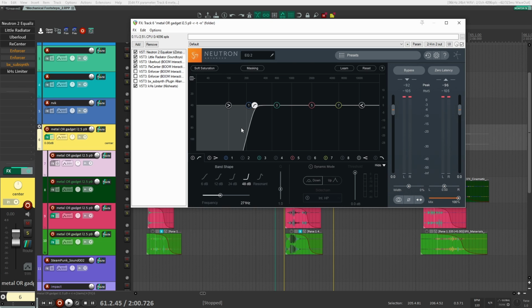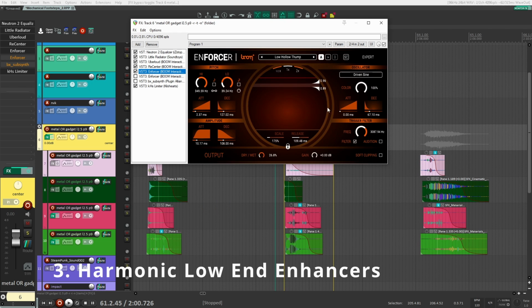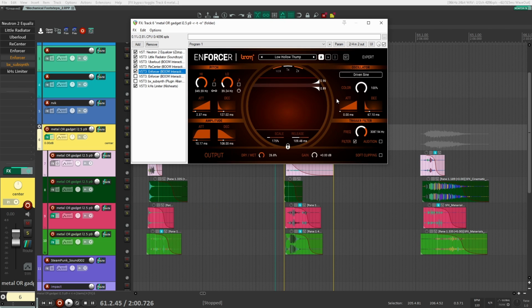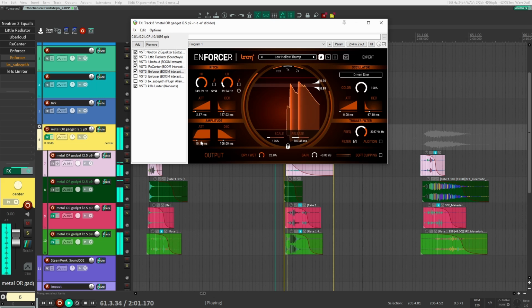Now what we can do is add some harmonic low end enhancers. There's 2 of these that I really like to go to. One is Enforcer by Boom Library. And basically what this is doing, it's like a synthesizer, and it's just gonna add some low end to your sound. And it's gonna be triggered based on the threshold that I've set up here. And so this is just gonna add a thump. So if we listen to it here, that's what it's adding. So it's gonna add that low end back into the signal. So now if we have a listen,